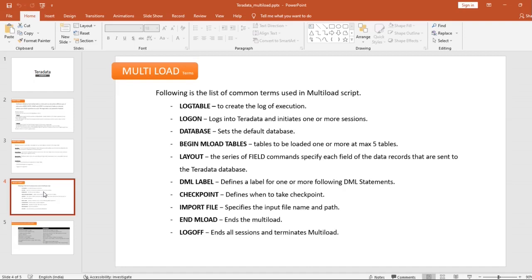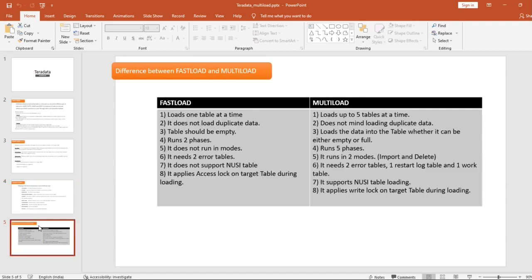Next, the difference between FastLoad and MultiLoad. So here you can see FastLoad and MultiLoad. FastLoad, we know, loads the data to one table at a time. MultiLoad loads data up to 5 tables at a time.